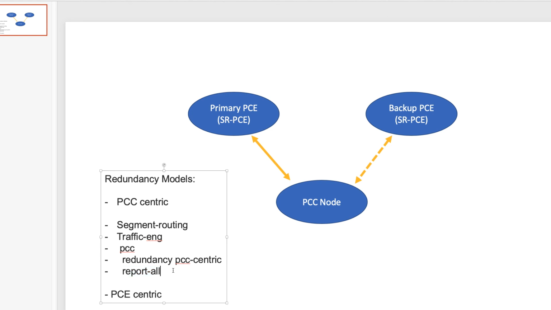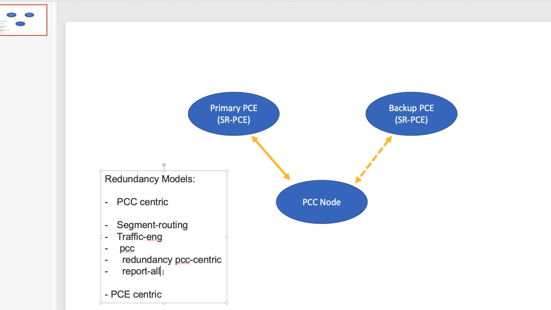That is the reason we need this command, report-all. So going forward, whenever we are working with SRPC, you will find these three lines always written in our config. Under pcc, we are saying the redundancy mode in our case is PCC centric. That means if there is a failure, it gets detected quickly and it redelegates from the primary SRPC to the backup SRPC, and now the backup SRPC becomes responsible for all the paths going forward.